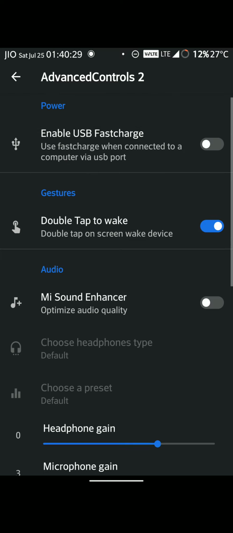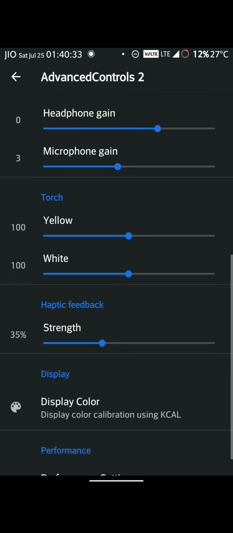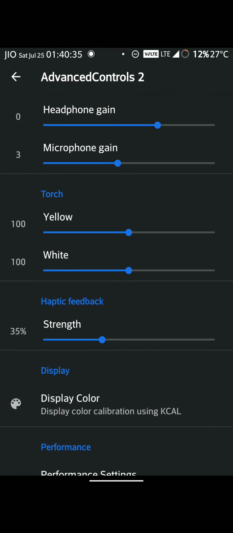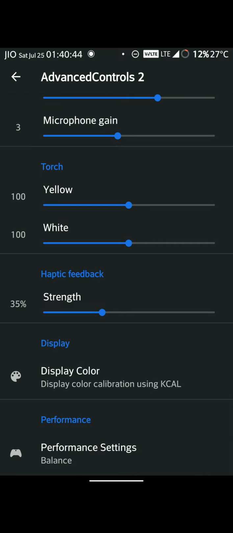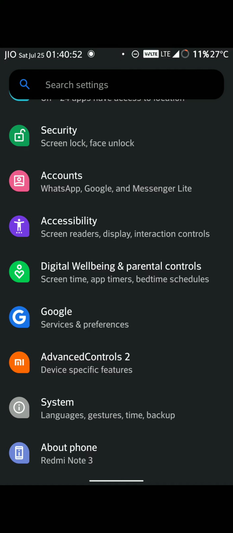Double tap to wake is there, and headphone gain, microphone gain. I never use it, but a lot of my friends do. So, well, it's good for them. Then you have touch intensity, yellow and white. Then you have haptic feedback. I like to set it on 35, or else it's a really strong vibration. Very annoying. Anyways, going to system,